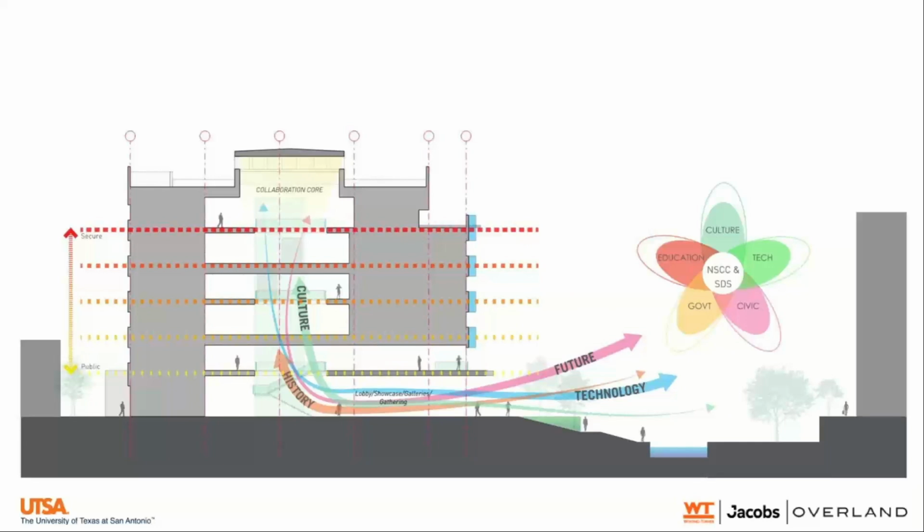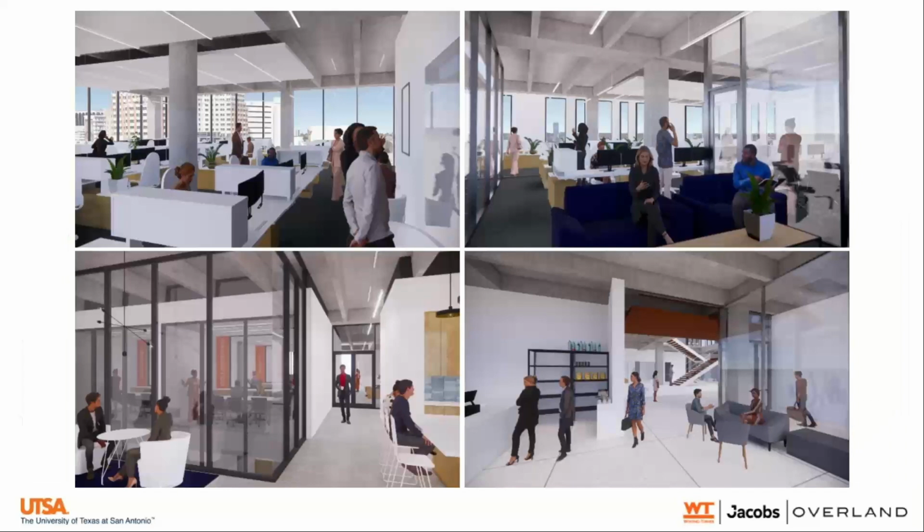So as we were getting started with schematic design, really leading the concept of this new building and the future of it, it was adjacent to this notion of the creek and its history, and really this idea of tying those two things, the past and the future, together in this particular place at this particular moment in time in history, was a really vital part of a lot of the ideas that started to flow out. The logistics of that were understanding the program, shifting that program around, and developing floor plans that were at the same time visually impressive. Yeah, so these are some images that we shared with UTSA early on using Enscape to,